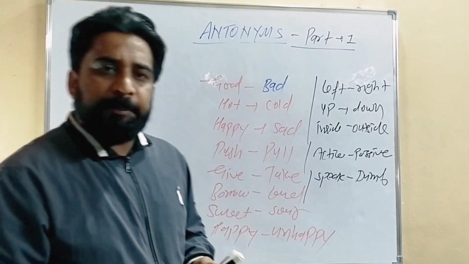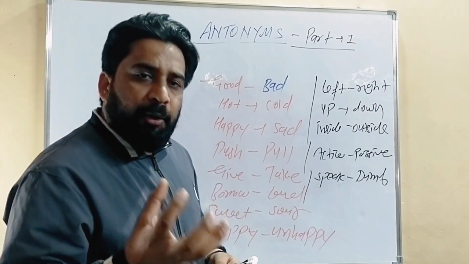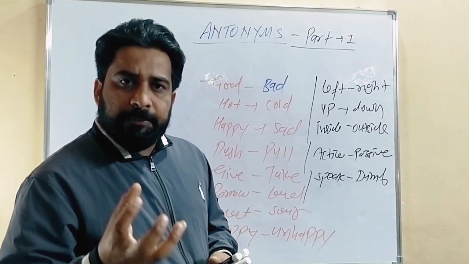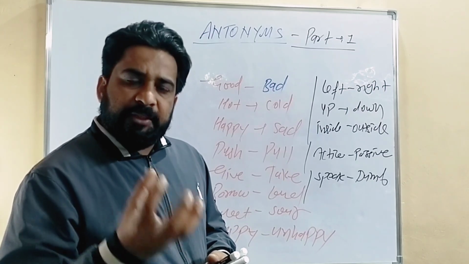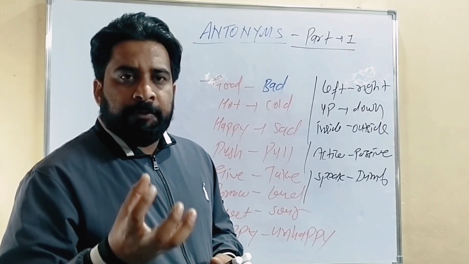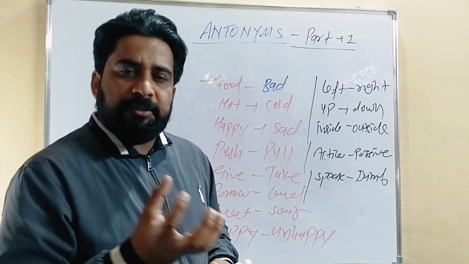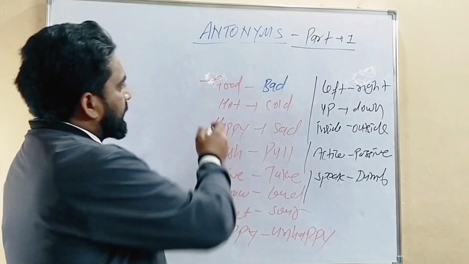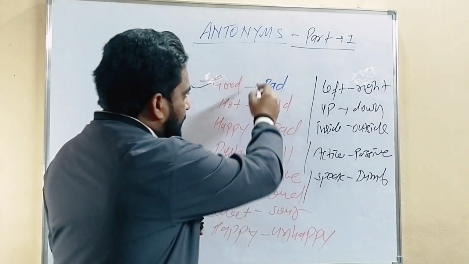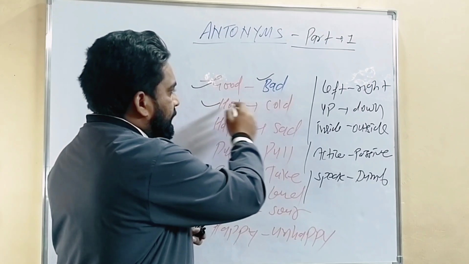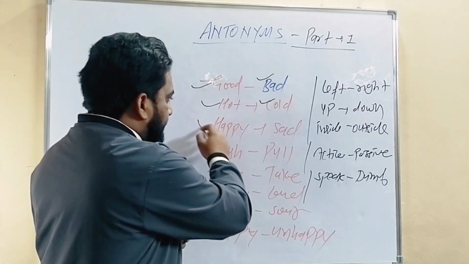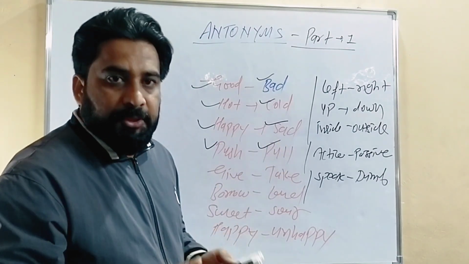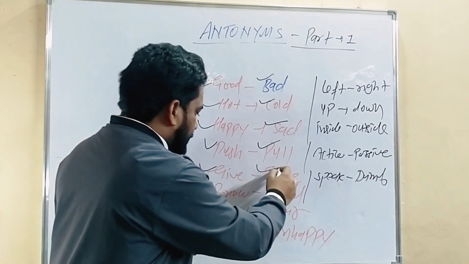So many examples we have here, but main point is that how to find out antonyms, because जैसे कि हमने डिस्कस किया सिनोनिम्स में कि सिनोनिम्स जितने भी हैं, मोस्ट ऑफ द सिनोनिम्स बिलोंग टू द सेम कैटेगरी, दैट इज पार्ट्स ऑफ स्पीच. उसी तरीके से एंटोनिम्स भी सेम कैटेगरी से बिलोंग करते हैं. वी हैव टू एनालाइज हियर, लाइक good is adjective, bad is also adjective, hot is adjective, cold is also adjective, happy adjective, sad adjective, push is verb, pull is also verb because of action, give is verb, take is verb,